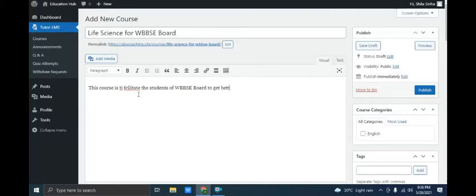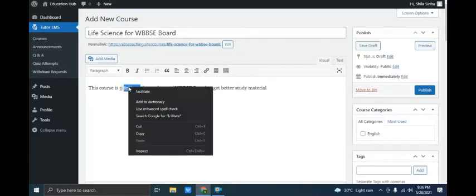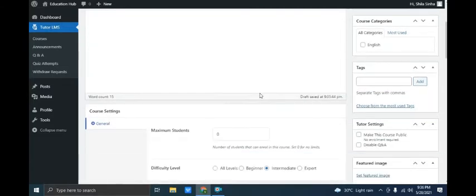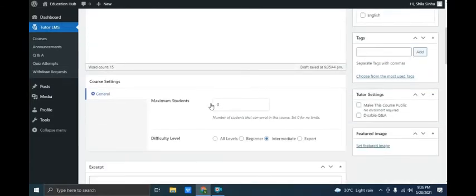Right now for the demo purpose I am putting just a few lines, but you have to give the full description of your course. You can make any part bold, wherever you want it to be highlighted to attract the students, you know very well about that.